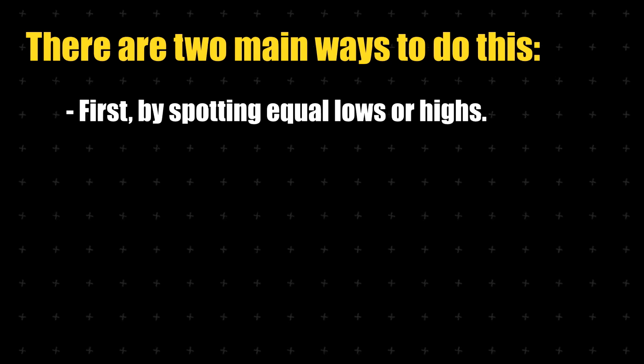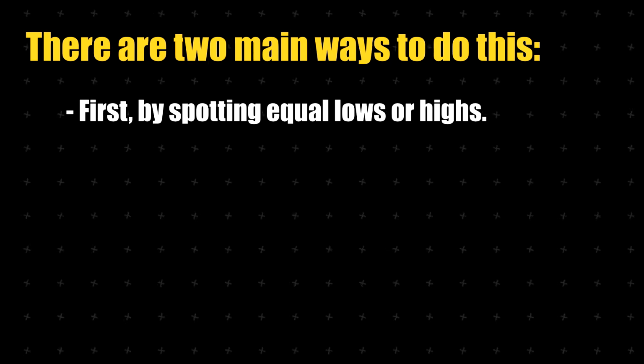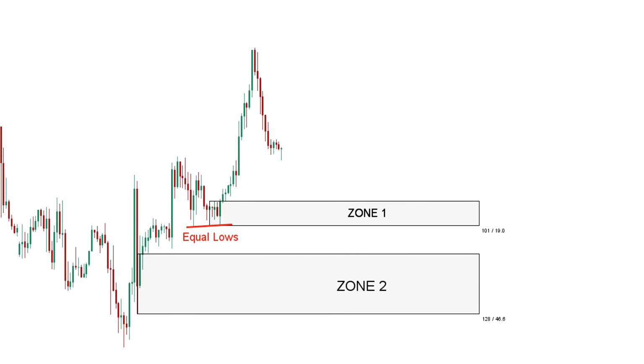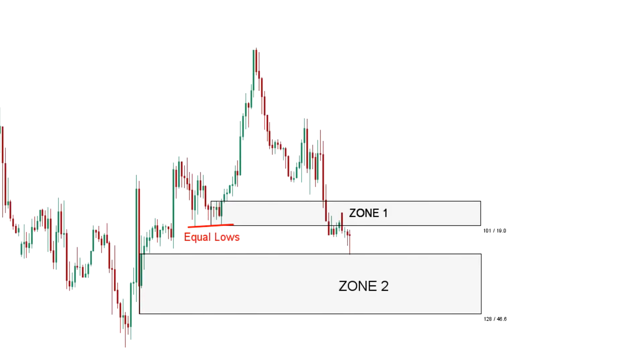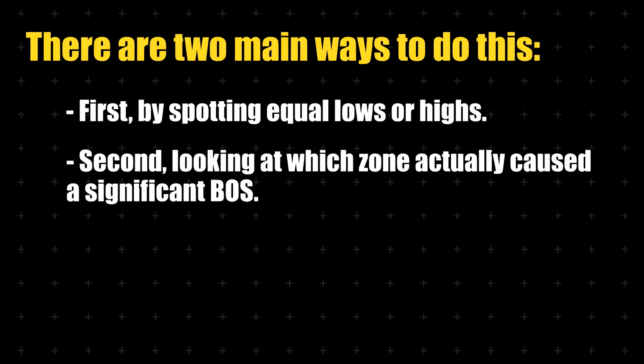There are two main ways to do this. First, by spotting equal lows or highs, which often signal inducement zones. For instance, if equal lows form near Zone 1, it's likely just a trap to draw in buyers before price drops to Zone 2. But if there are no equal lows or highs to guide you, then the second method